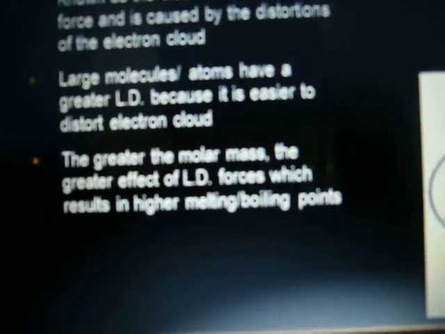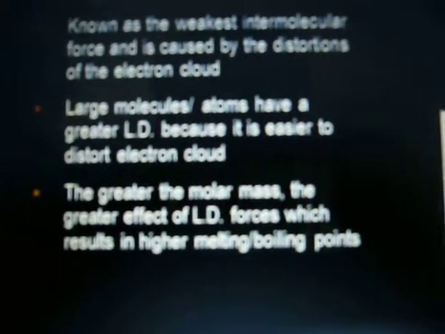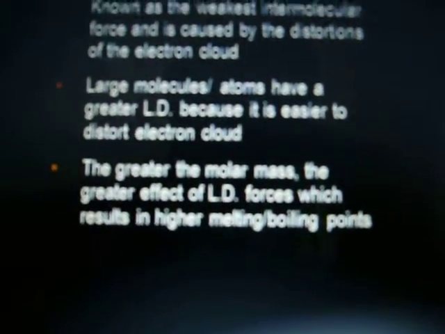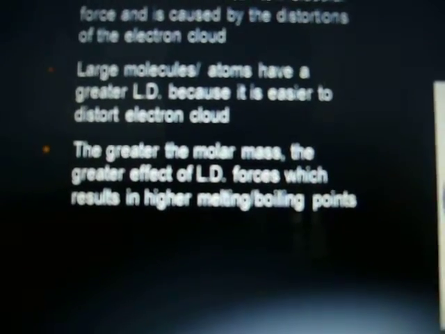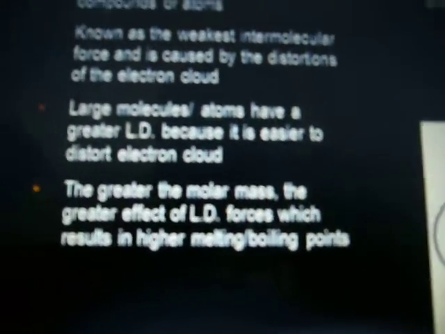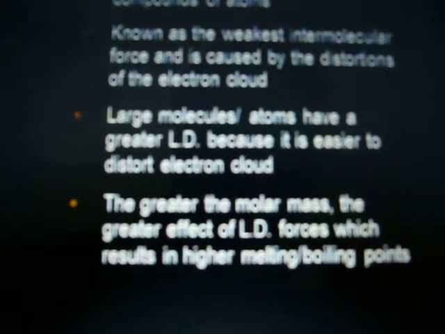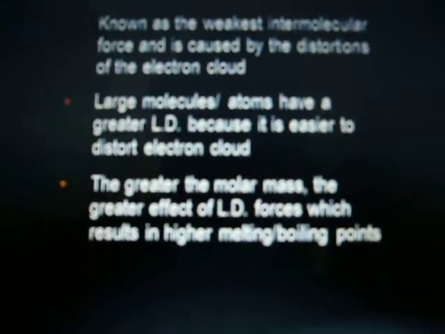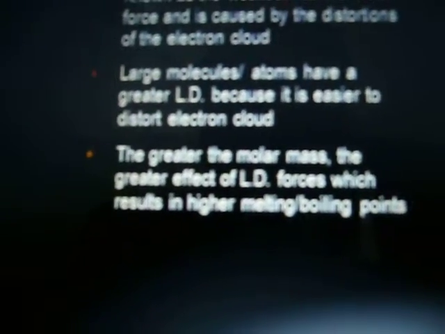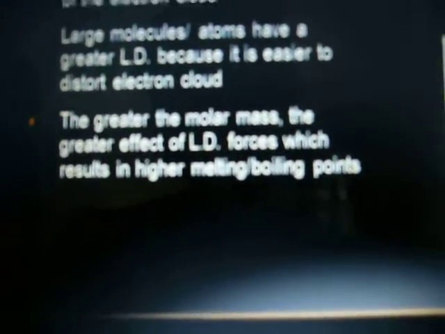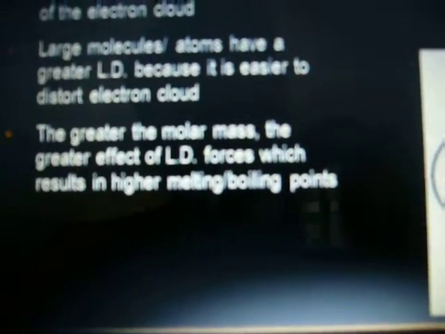Large molecules or atoms have a greater LD because it is easier to distort the electron cloud. And basically, the heavier the molar mass of a molecule or an atom, the greater the force of London dispersion there will be. And the greater the mass, the higher the melting or boiling point. An example of this